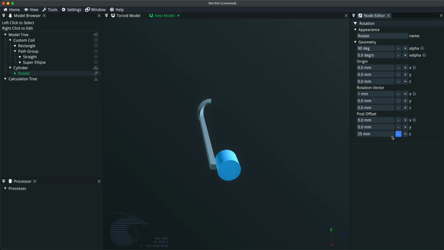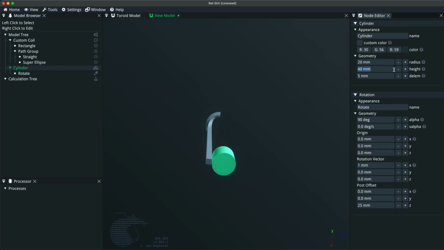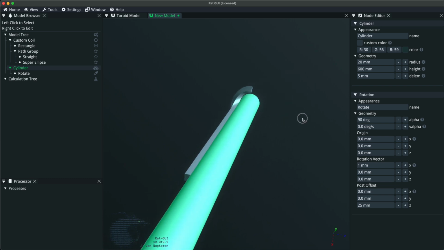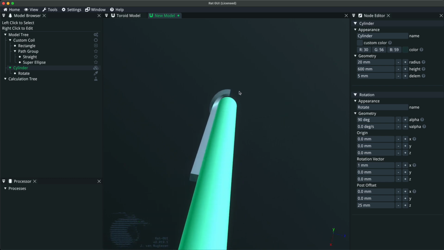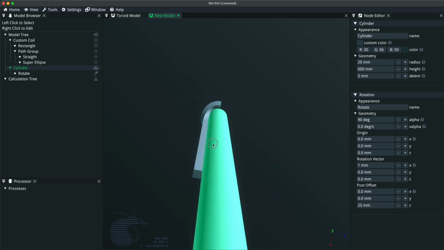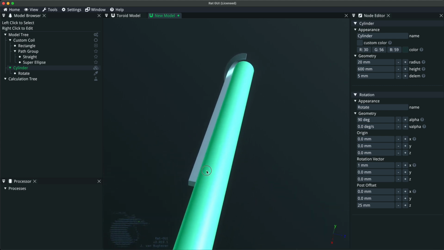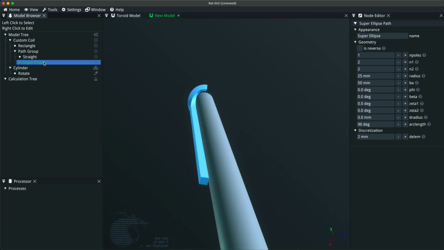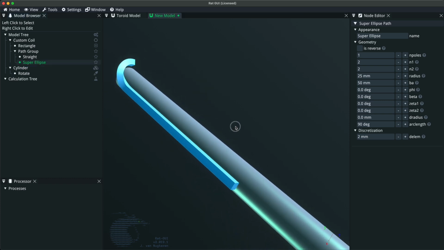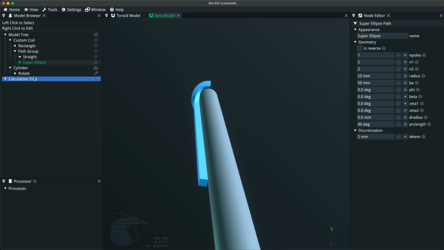There you go. So basically, let's make it even longer. If you have, for instance, a beam pipe, then sometimes you would want to go over it. And one way to do it is to use a constant perimeter coil-end. And that's this super ellipse. And this will draw half of the complete path. And now what is nice about it,